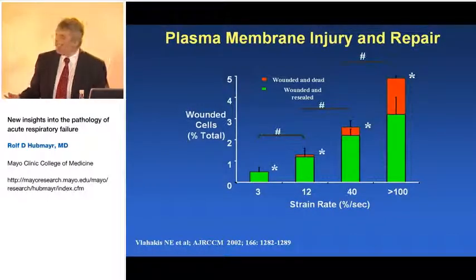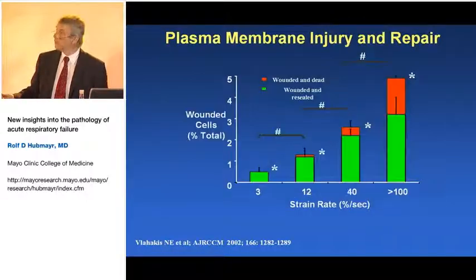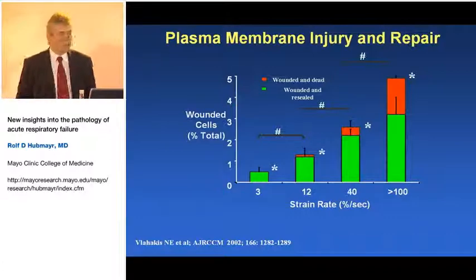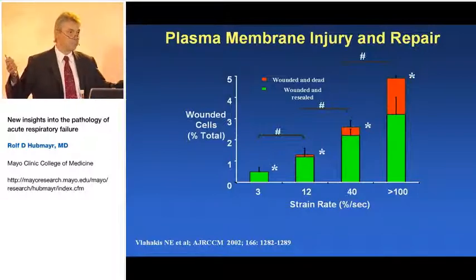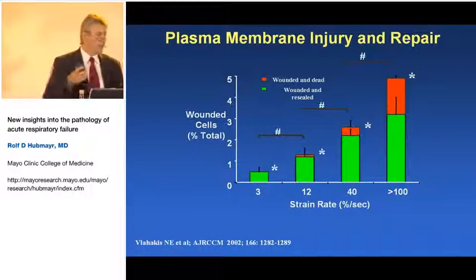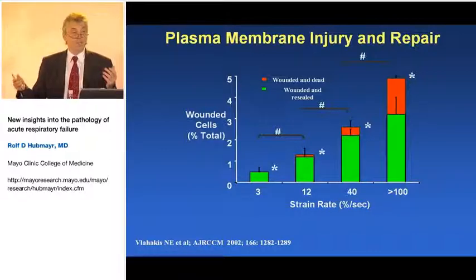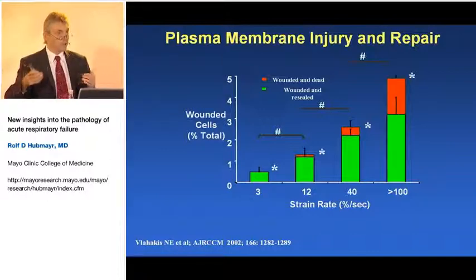Now let's look at just this bar. But rather than stretching very quickly, let's slow the stretch. What it shows is if you give the cell long enough to adapt to this deforming stimulus, you can double the size of the cell, you can poke it, you can pull it, it can adapt, and there is no injury to speak of. Makes you wonder whether the different temporal profile in gene response that's related to strain rate